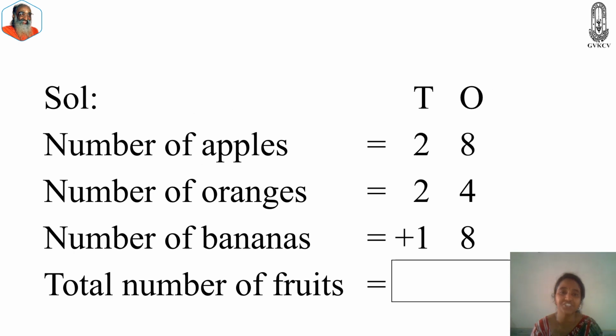Again I changed the order and wrote apples, oranges and bananas. Let us check for this also. Okay. Now again 8 in your mind and take 4. 8, after 9, 10, 11 and 12. Now 12 in mind, take 8. After 12, 13, 14, 15, 16, 17, 18, 19 and 20. 20 ones. So under ones I will write 0 and under tens 2 will be carried.